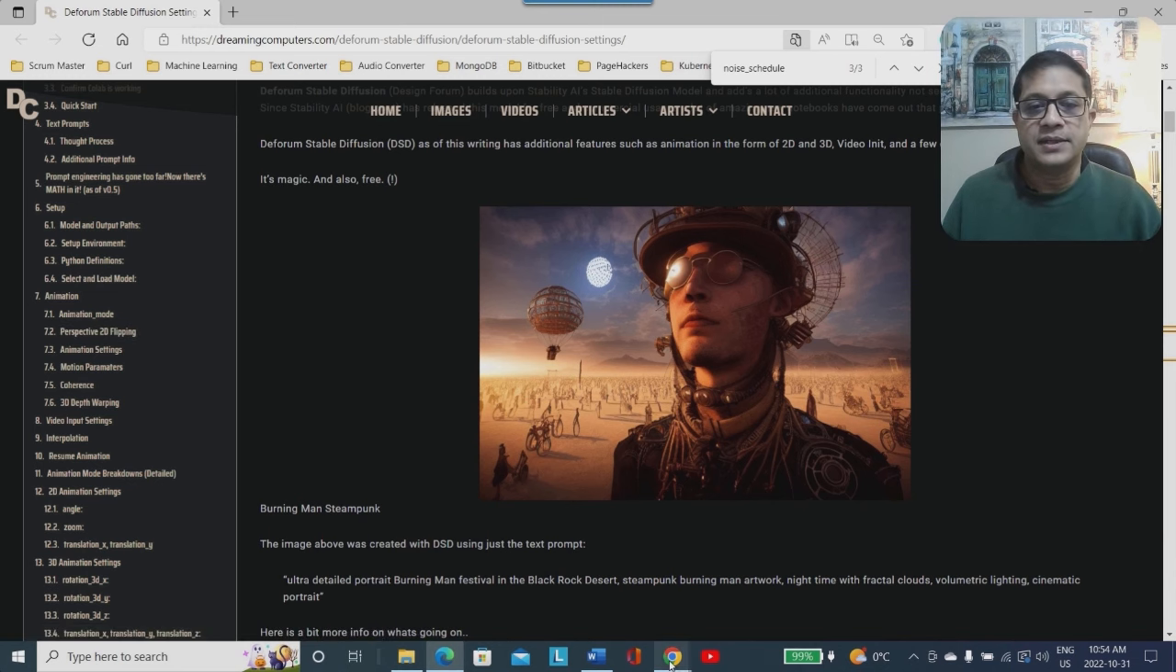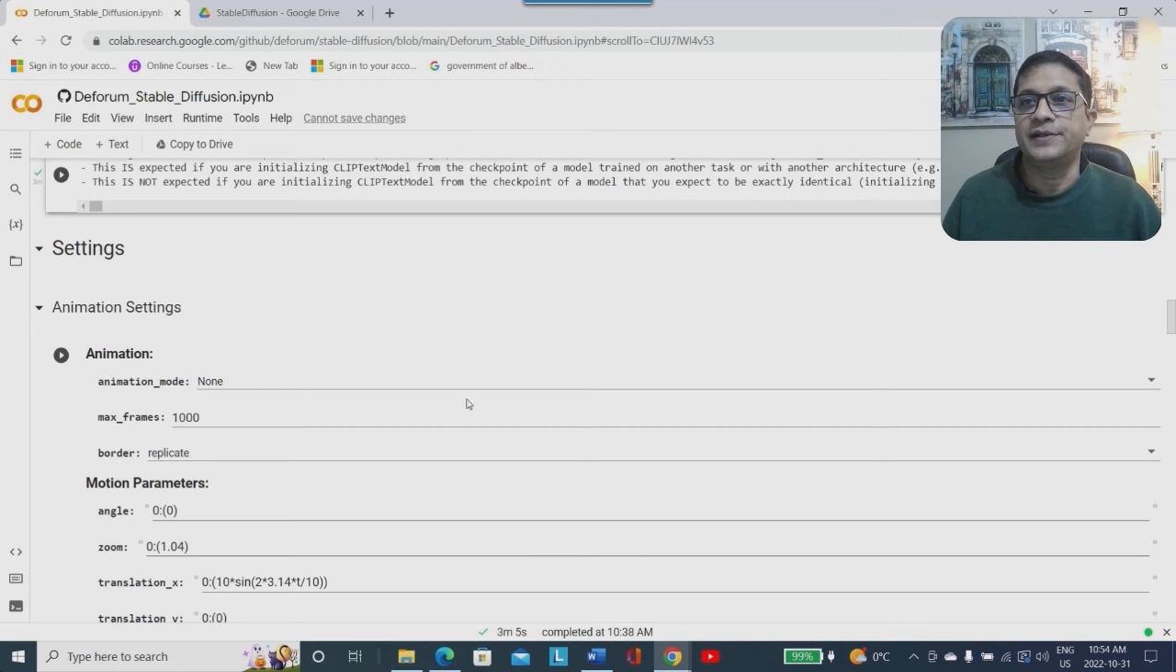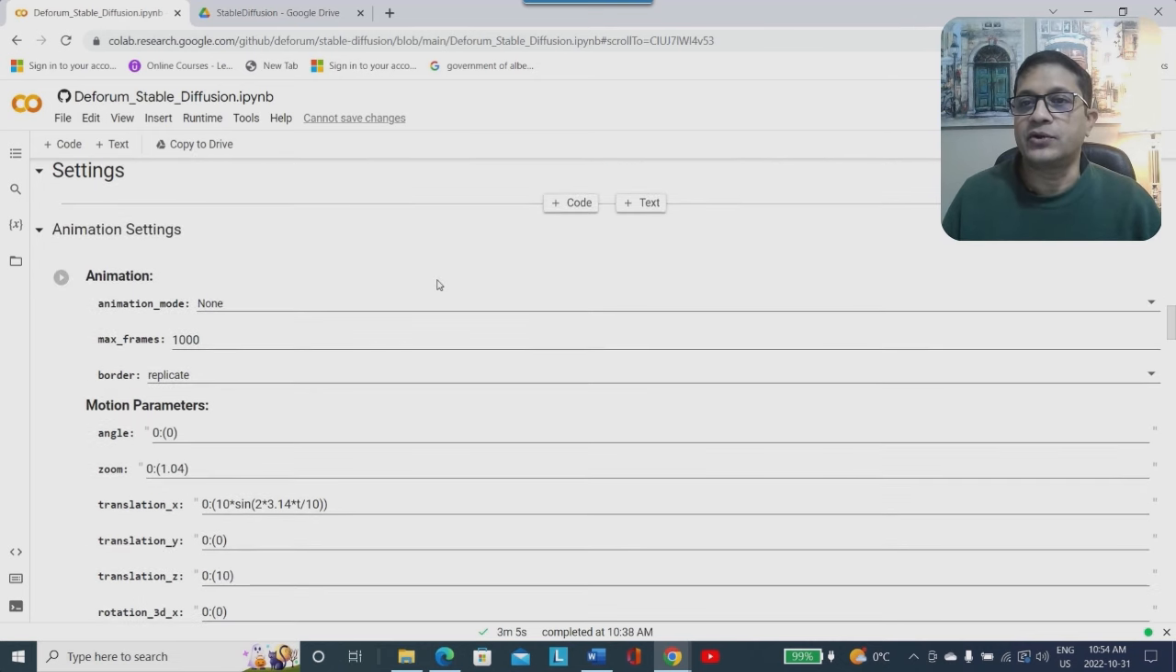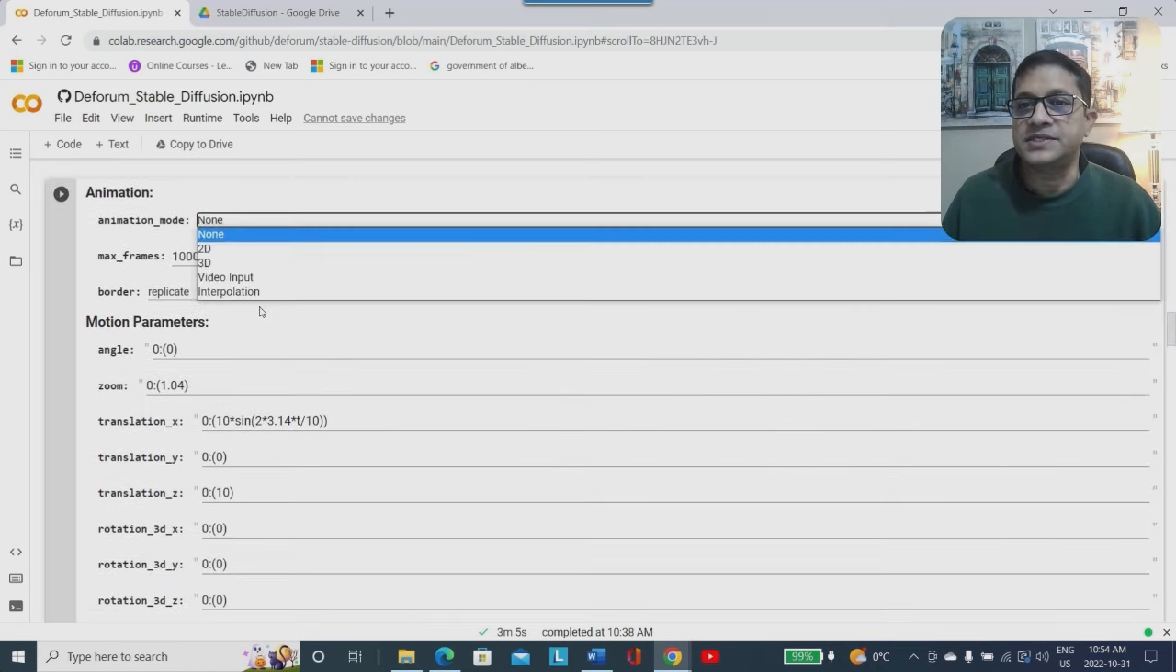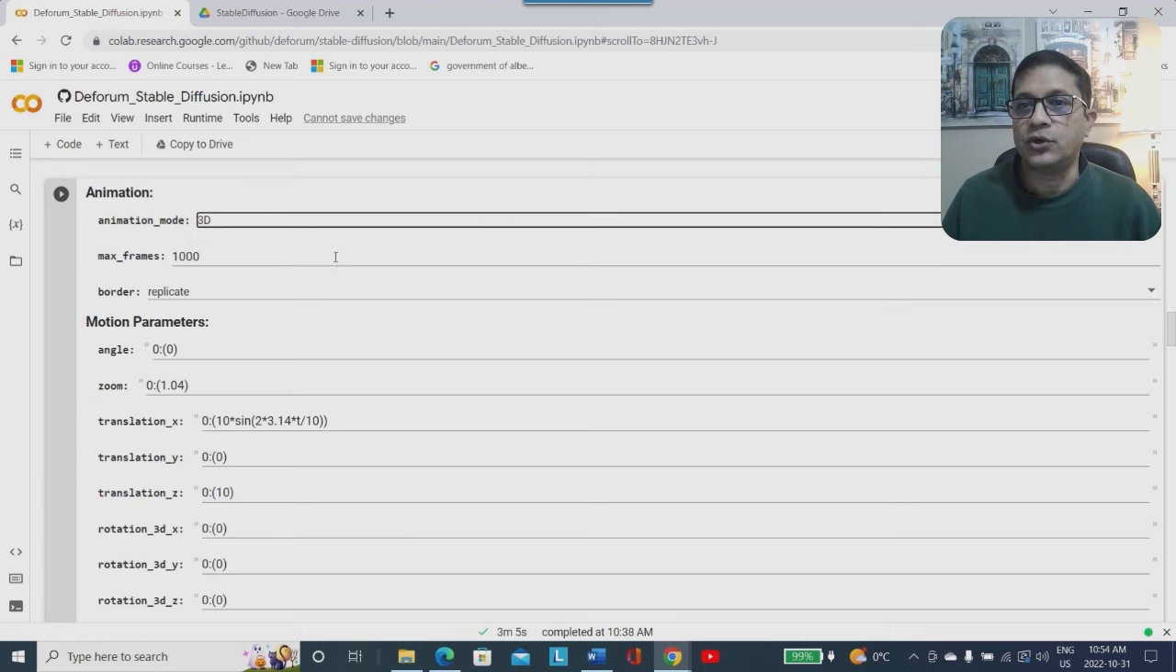That being said, let's just go back to our Colab for Deforum Stable Diffusion, and let's start selecting our options here. So the first thing we'll do, we'll just select the animation mode. Now, in this example, I'd like to go with a 3D option. So let's just pick that. Now the max frames, and